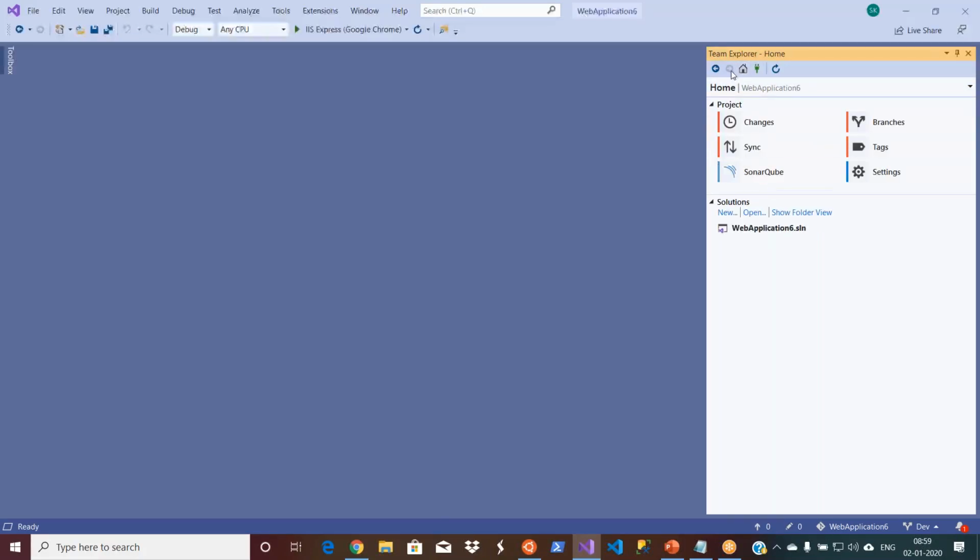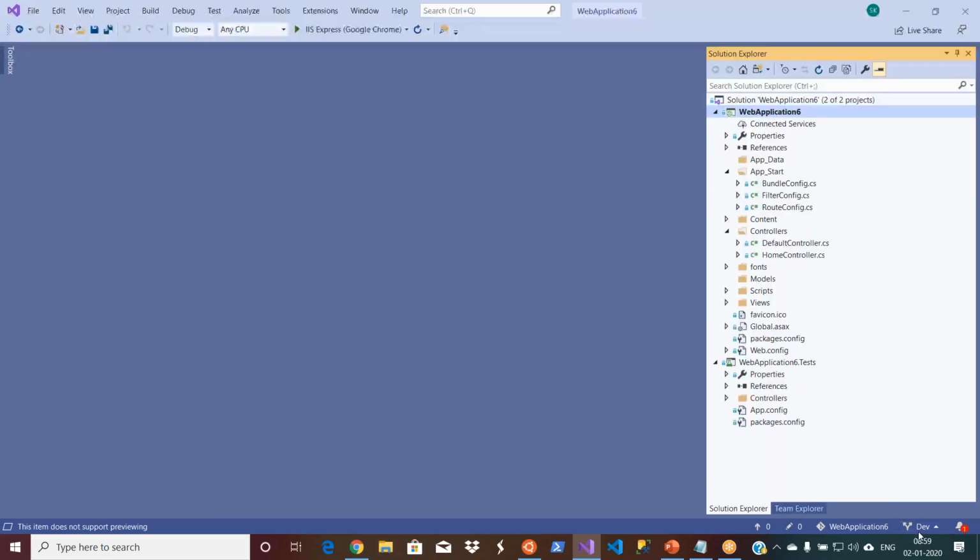Go to Solution Explorer. Now my Solution Explorer, or my Visual Studio, the code that is there in the solution of what you see is pointed to the dev environment. So this is the easiest way, after Visual Studio and Azure Repos or some other version control management came into the picture. I don't need to go to the physical folder and switch between different folders. Right from here, I can do it.